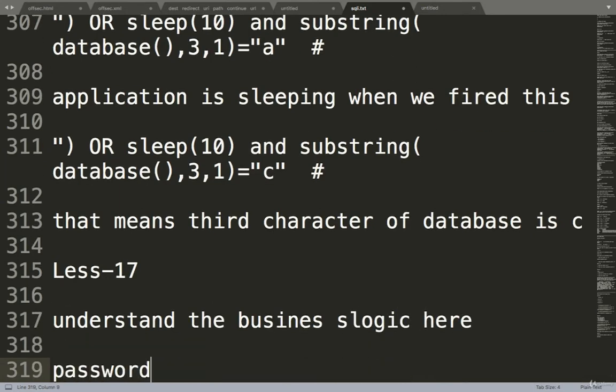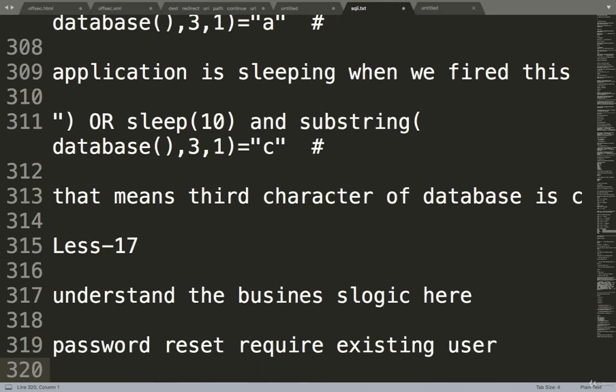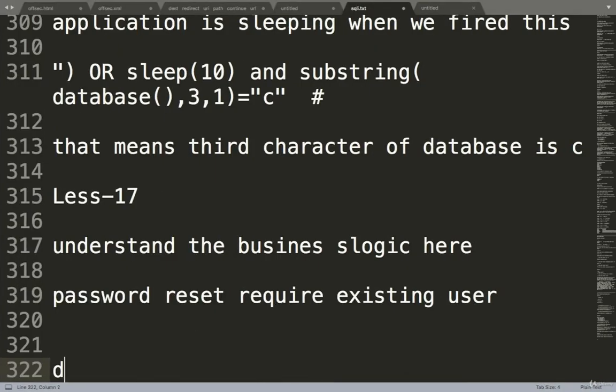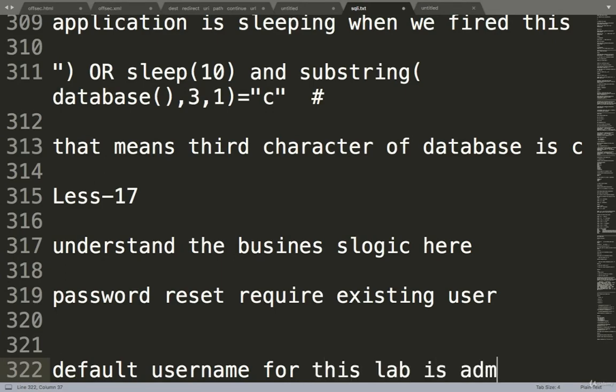Password reset requires what? An existing user. Yes, when you are resetting Facebook passwords, you have to give your email address. That's the same condition here. So for an existing user, the default username for this lab is admin.